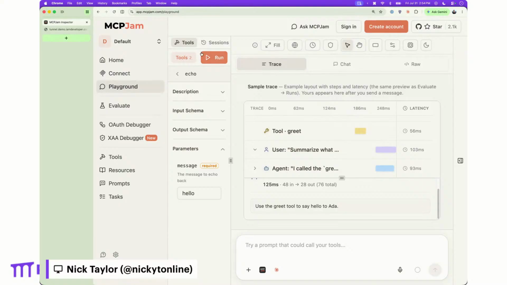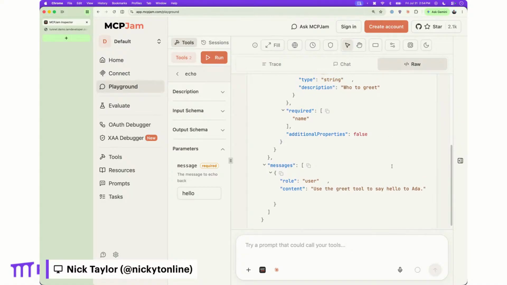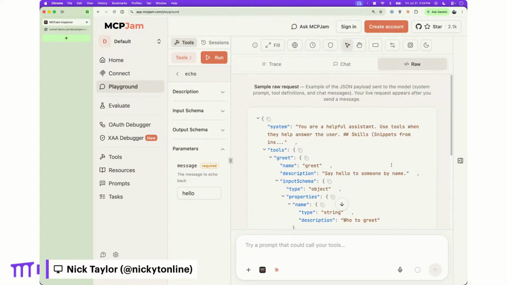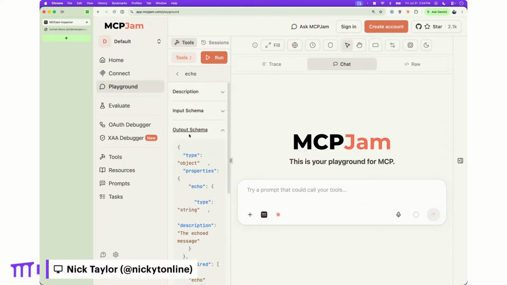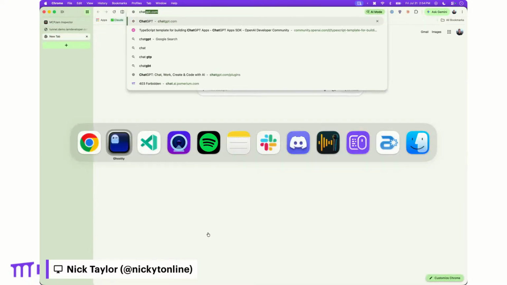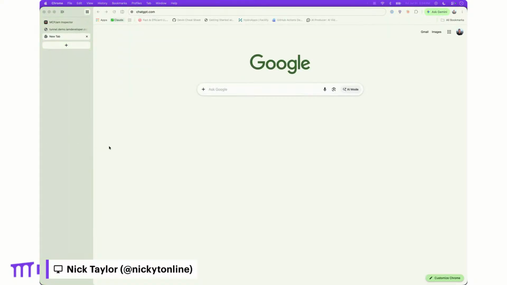Sample trace. I don't want a sample trace. I haven't used the trace tool, but let's see here. No, that's not what I want. Let's see. Where can I show it here? Output. No. I'll show it in ChatGPT just so you see the actual error. But basically, the main point here is, if we come back to this,